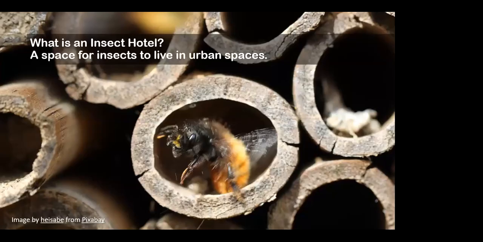So as we learned from Dr. Manjari's session, animals need very specific habitats to make their homes. Maybe they need a lot of trees, they need a lot of shelter, they need specific spaces. But in our cities, we don't often have this much space. Maybe because we've built so many buildings, or maybe because there are so many human-made structures, insects often don't find places to make homes. So what we're going to try and do with this insect hotel is give a home for traveling insects and give them a space to live.